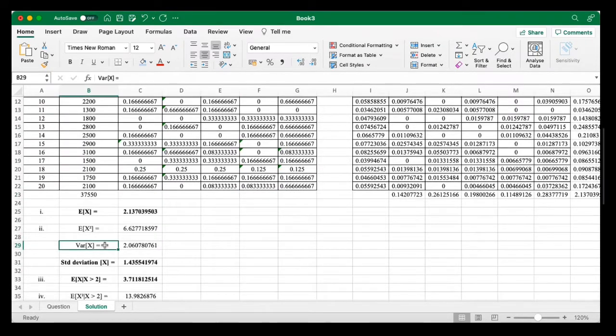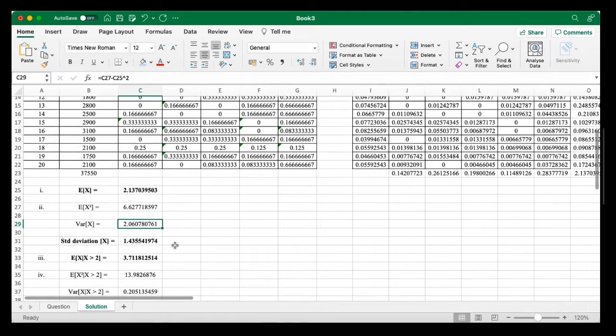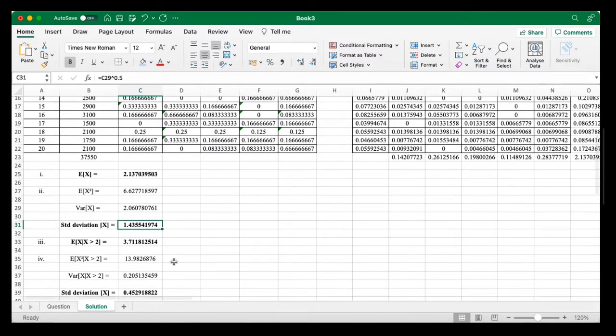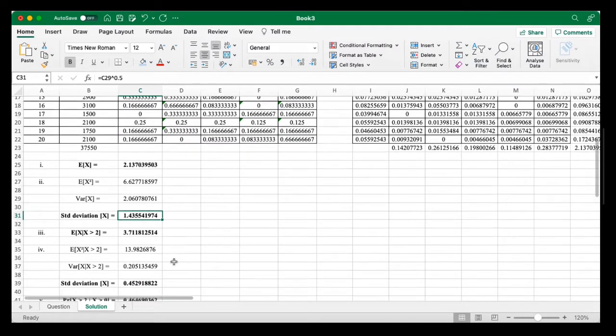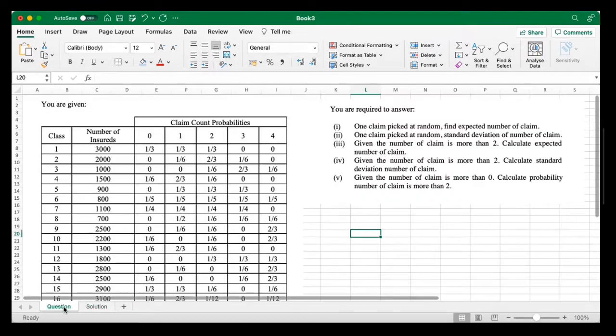Next, we apply the formula for variance, where variance is equal to EX squared minus EX to the power of 2. So here, C27 minus the square of C25, we will get the variance of X. Then standard deviation is the square root of variance. By then, we will obtain the standard deviation of the claim. Moving on to the third sub-question,